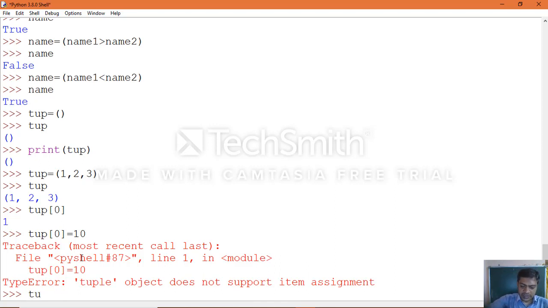The same variable can hold multiple types of data. For example, 1, 2, then decimal values, and the same way it can hold string values.